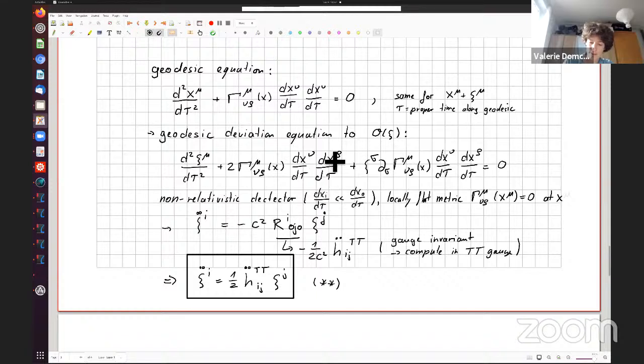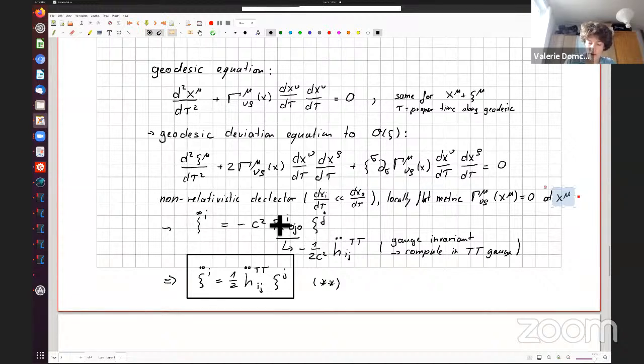We can now approximate that we want to be in the non-relativistic limit, which means that the derivative of the particle position with respect to proper time is small compared to the speed of light. And we can use that in one point, for example in x mu: we can make the metric locally flat, which means that the Christoffel symbol is 0. We can, however, not do that globally. If we do it at the point x mu, we cannot do it at the point x mu plus xi mu. We can do it at one point. Then if you use these approximations and plug them back in here, you have to work a little bit, and then you get this equation here.